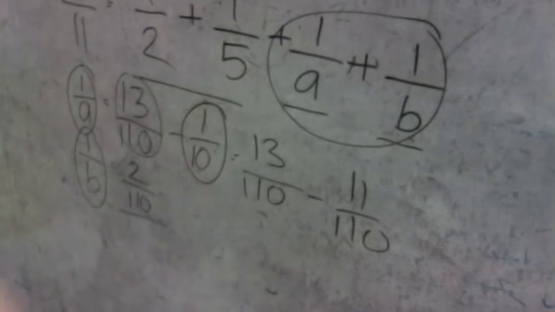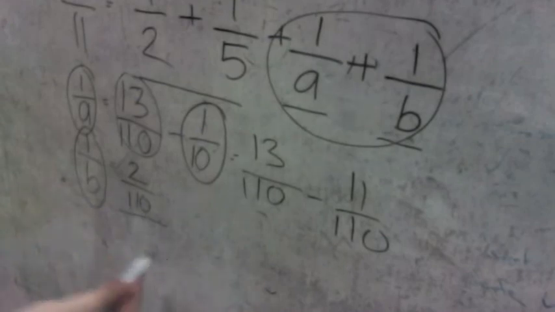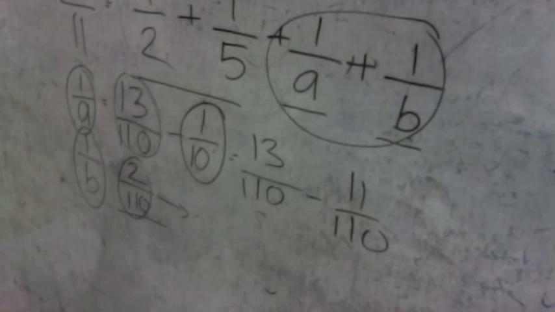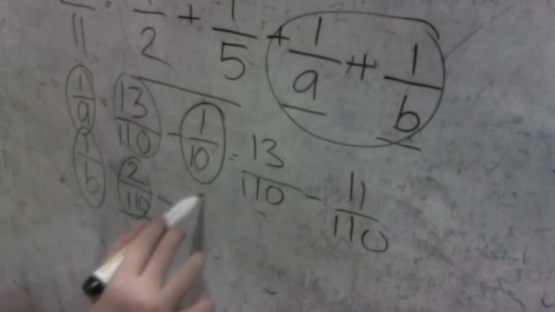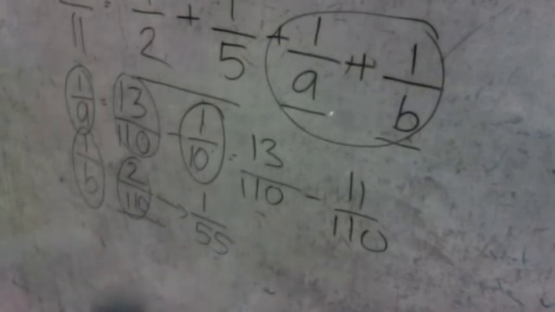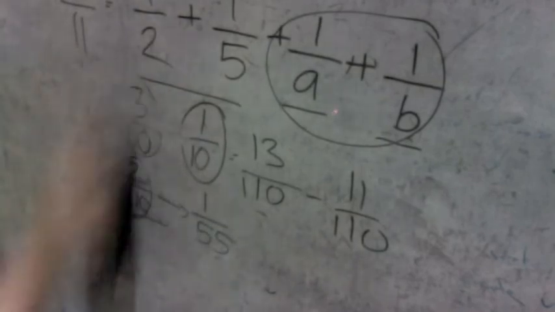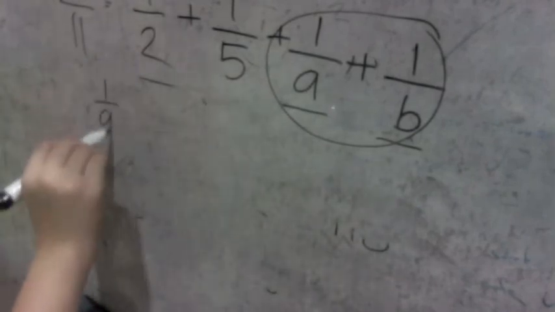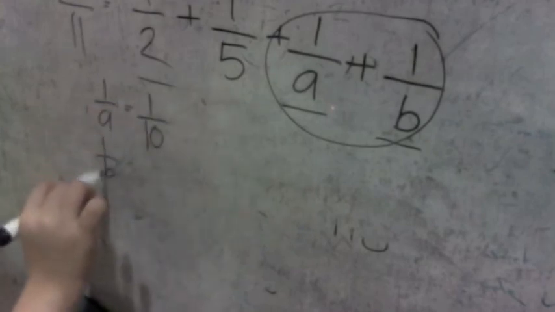But it's not the result yet because we haven't simplified this fraction. So the result is going to be 1 over 55. So I'm going to erase this really fast. Sorry. So 1 over a is 1 over 10. 1 over b is 1 over 55. Well, that's